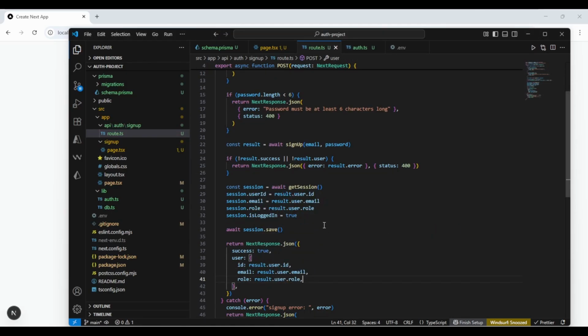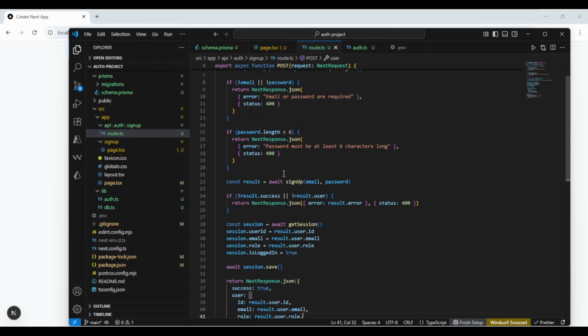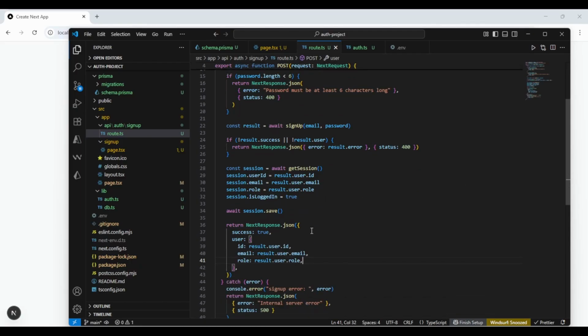Awesome. So it looks like we've got it all taken care of now. The sign-up flow is pretty much done here. So with this, the user was able to get signed up, and we've created a session for them so that they're signed in right after sign up. In this next part, we're going to have to create the sign-in flow, essentially. But before we go and actually do that, let's test out our sign-up logic to see if